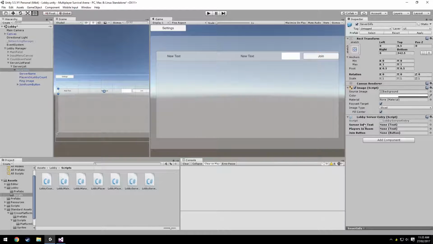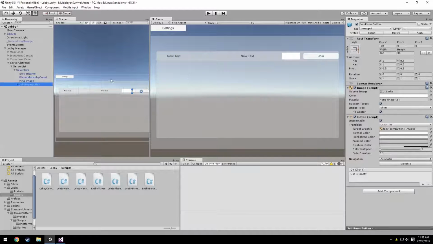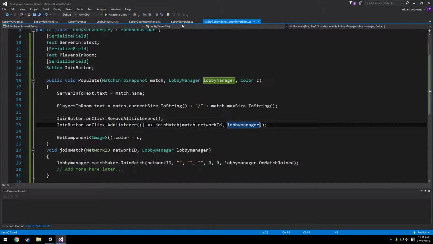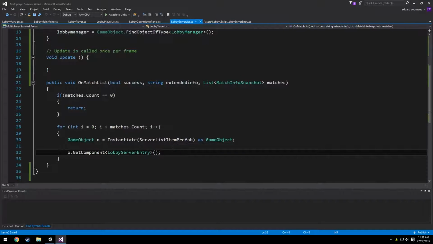So drag it onto here and drag the server name here, players in room, and the join button, and hit apply, and we can go back to our scripts and go back to our lobby server scripts, and here we say get component dot lobby server entry dot populate,